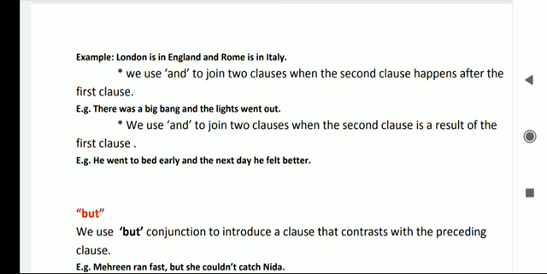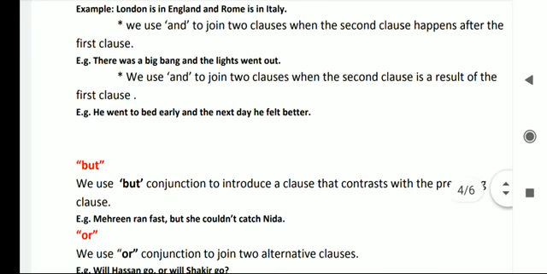वो यहाँ ये और एक इस्तेमाल है। We use and to join the clause when the second clause is a result of the first clause। वहाँ पर भी हम and इस्तेमाल करते हैं when second clause is a result of the first clause। For example, he went to bed early and the next day he felt better। So we use and to join two clauses when the second clause is a result of the first clause।